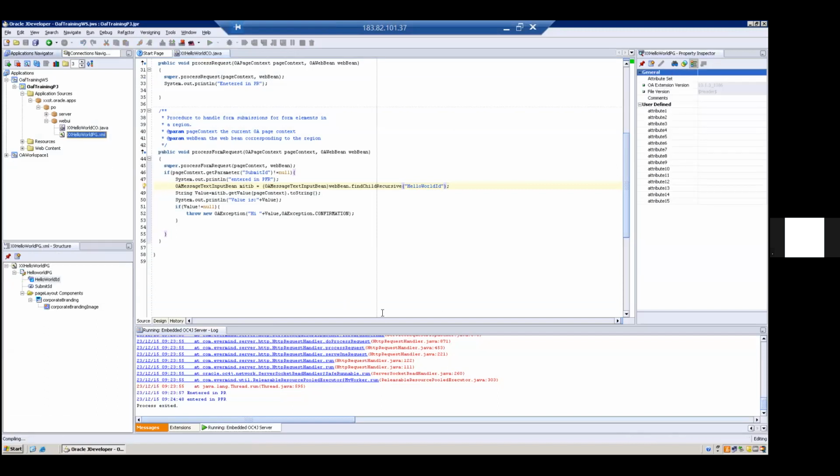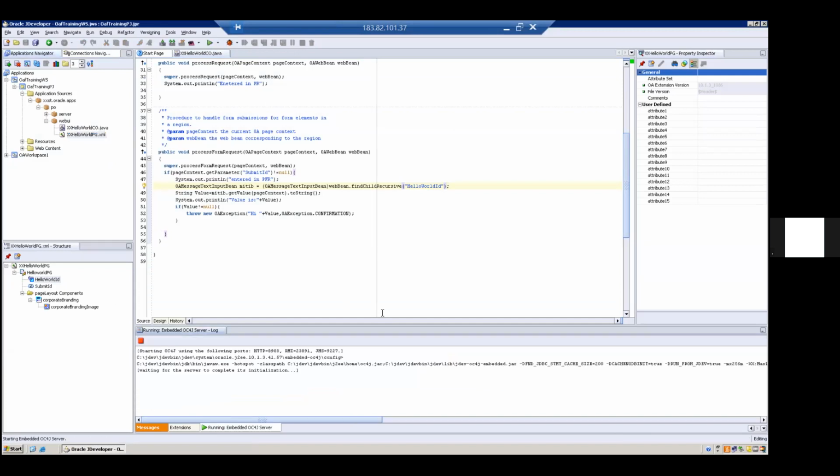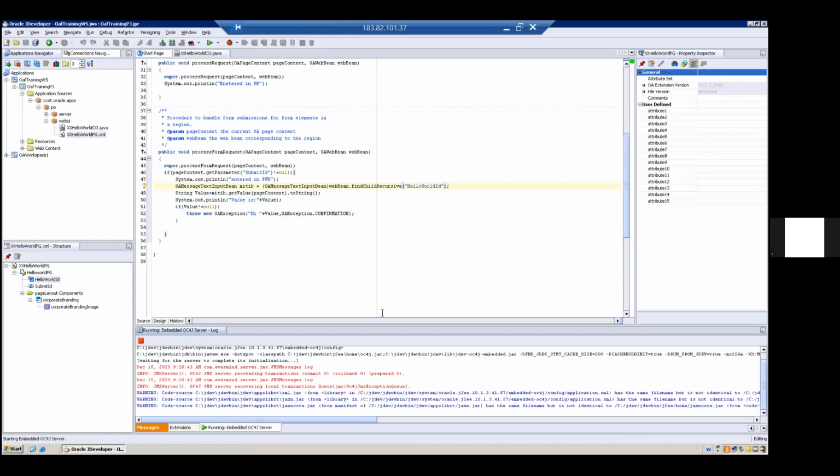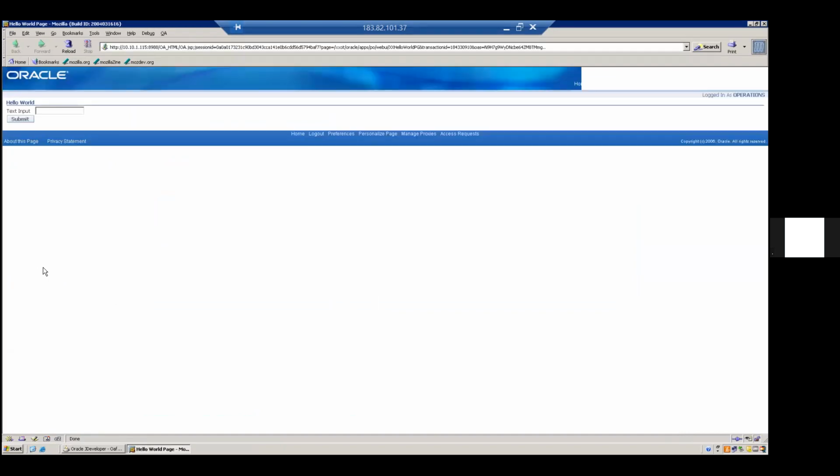Open the page. See, now again I am giving OAF